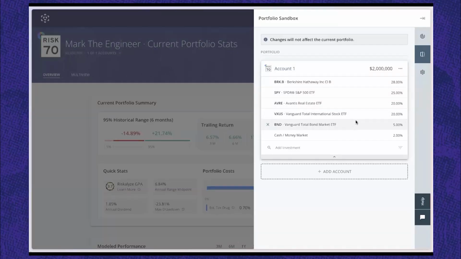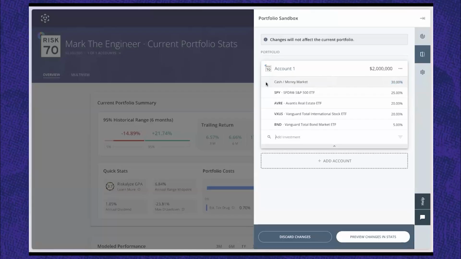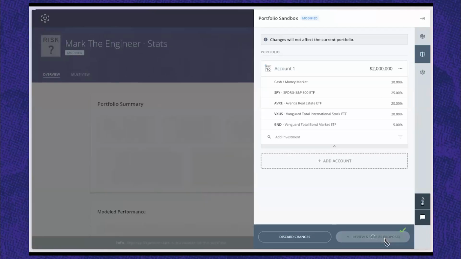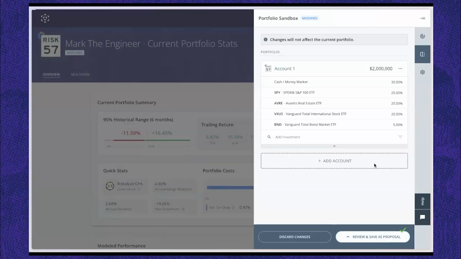So here, a really good tool, sort of a safe space to play around and change investments. So for example, Stephanie, let's just remove BRKB entirely and see how that's going to impact the overall portfolio. We can say preview changes in stats, and then you'll notice the stats will show as modified in the top left